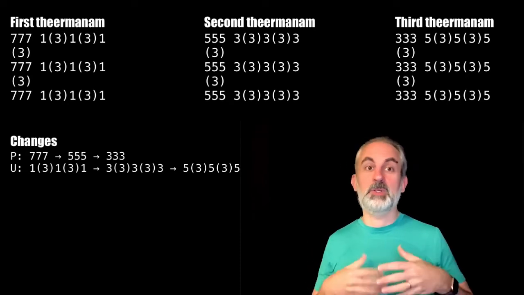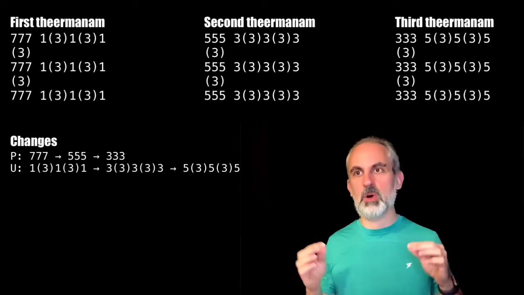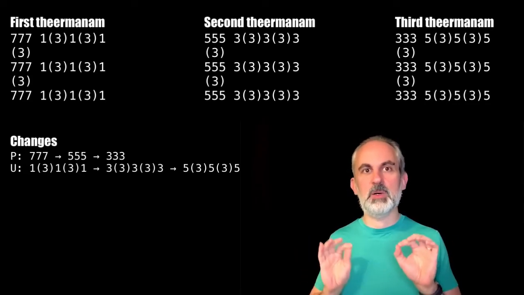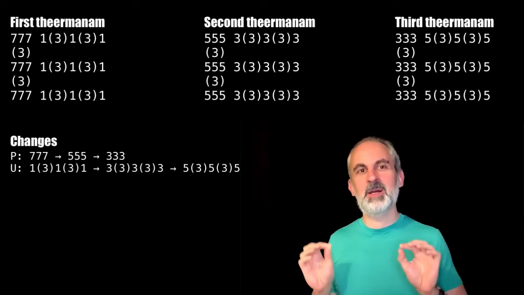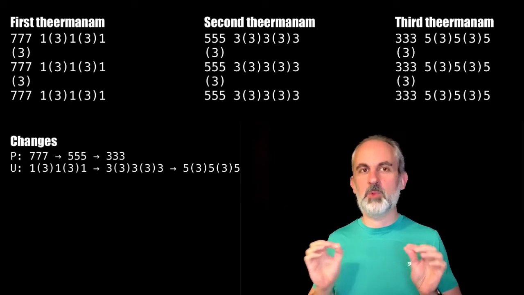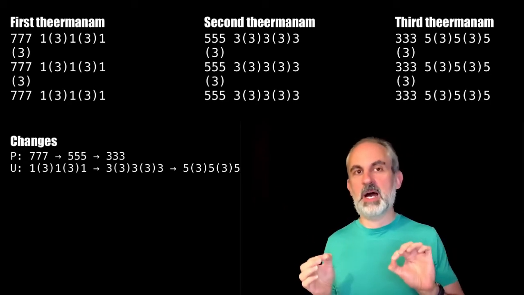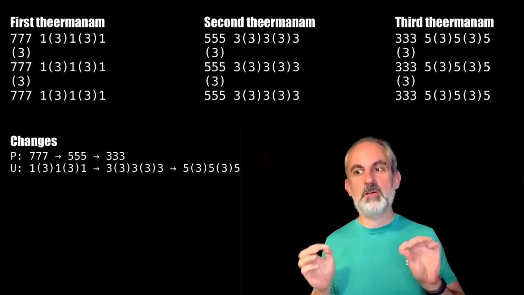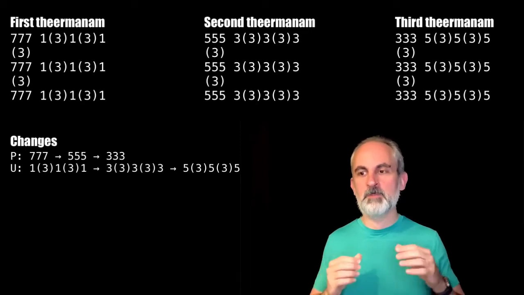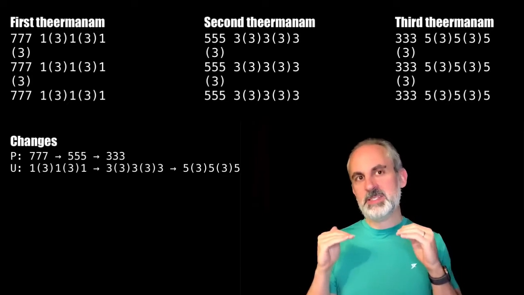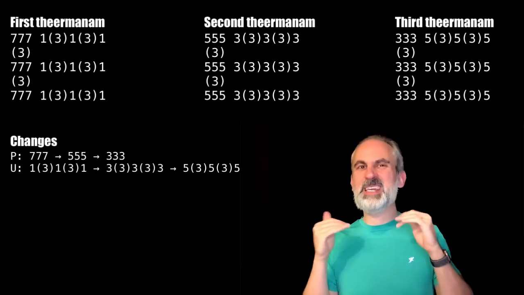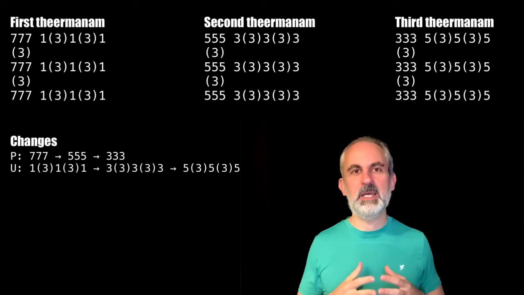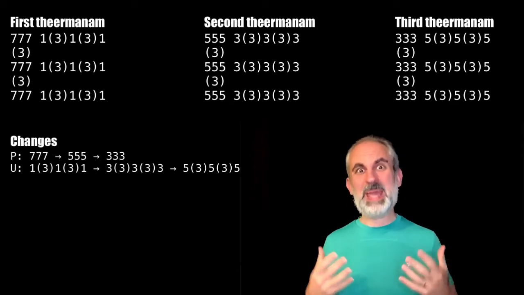In order to compensate, of course, because the superstructure always needs to have a value of 30, the second part of each line, which is the Uttarangam, that's why you have a U over there, went from 1 3 gap, 1 3 gap, 1 3 gap, it increased to 3 3 gap, 3 3 gap, 3 3 gap, and then for today's third and last Theermanam, it went to 5 3 gap, 5 3 gap, 5. So you really see how we are increasing a number by 2 in one part and then decreasing also by 2 in another part. It's super basic stuff, but to me it's always amazing that this evidently unquestionable basic stuff